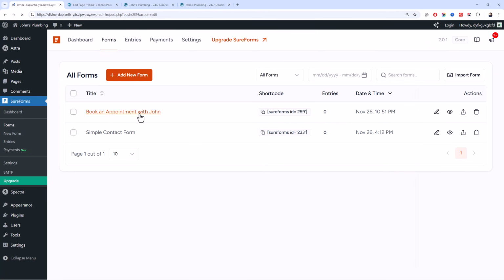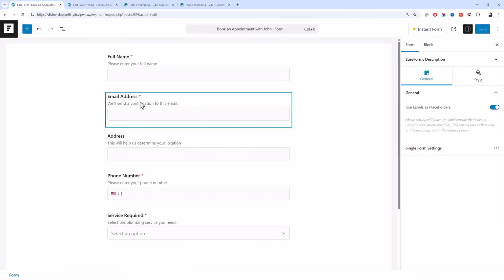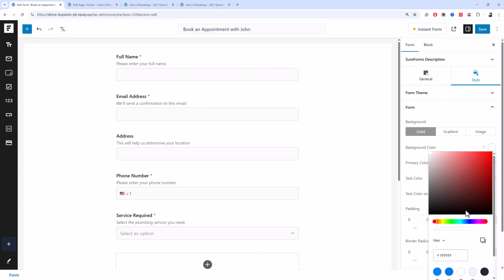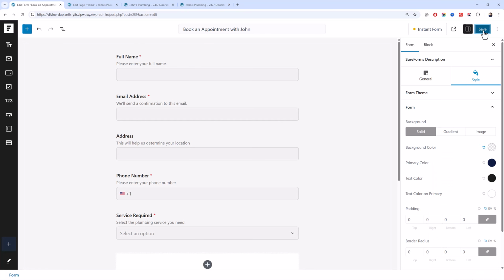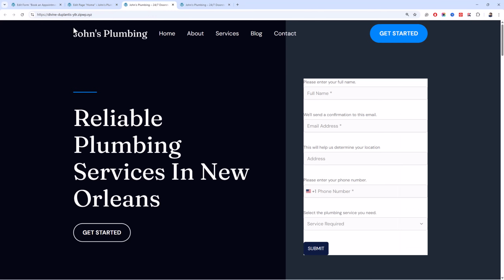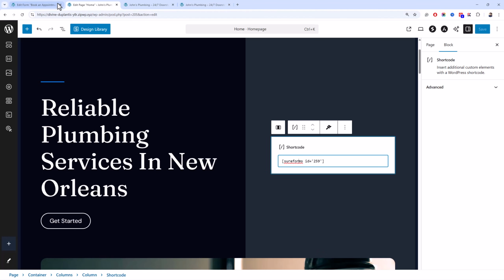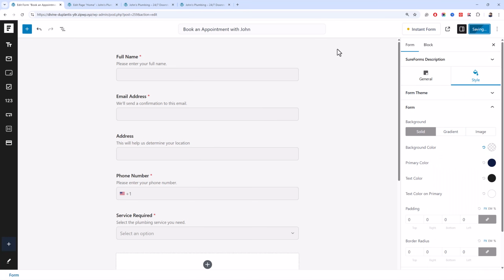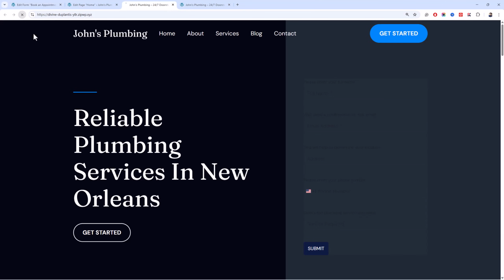So I'll edit this form and navigate to the styles tab, and I set the background color to transparent. Let's save. Okay, the background color is gone.